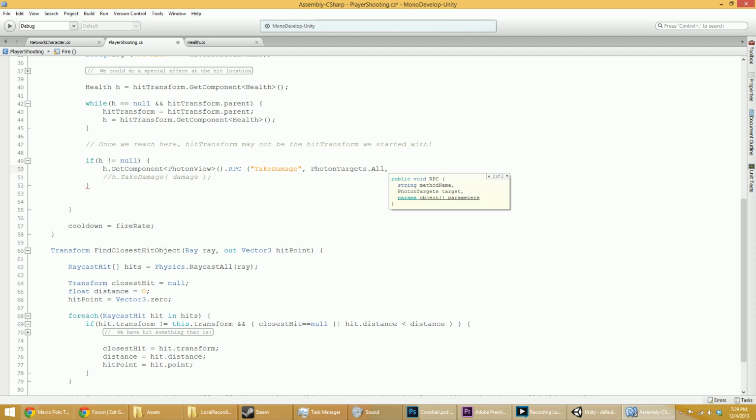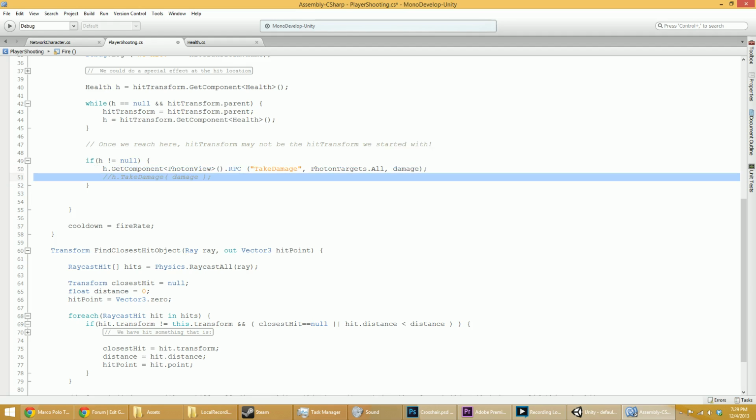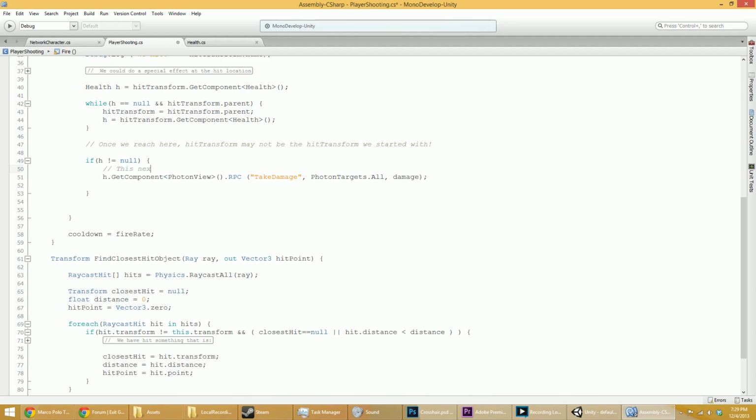Okay? Or rather, this object, this thing that we're hitting that has hit points, we want to let everyone on the server know that this thing is taking damage so that they can synchronize themselves properly. The third parameter is the parameters you're passing to the function. In this case, there's just a single parameter, damage. Okay? This is the equivalent of this line here. In fact, I should do this. Oops. This next line is the equivalent of calling